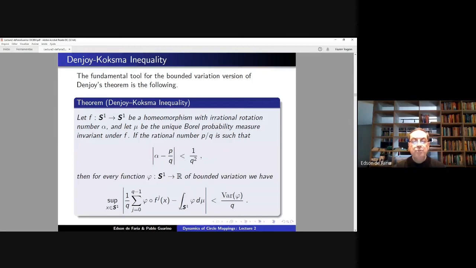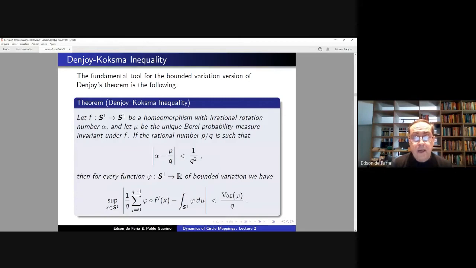So you take this measure, mu, and now for every good rational approximation to the rotation number, by good approximation, I mean the rational number p over q is at a distance less than 1 over q squared from alpha. Then if you take any observable, any function of bounded variation on the phase space, which is the circle, then if you look at its time averages,